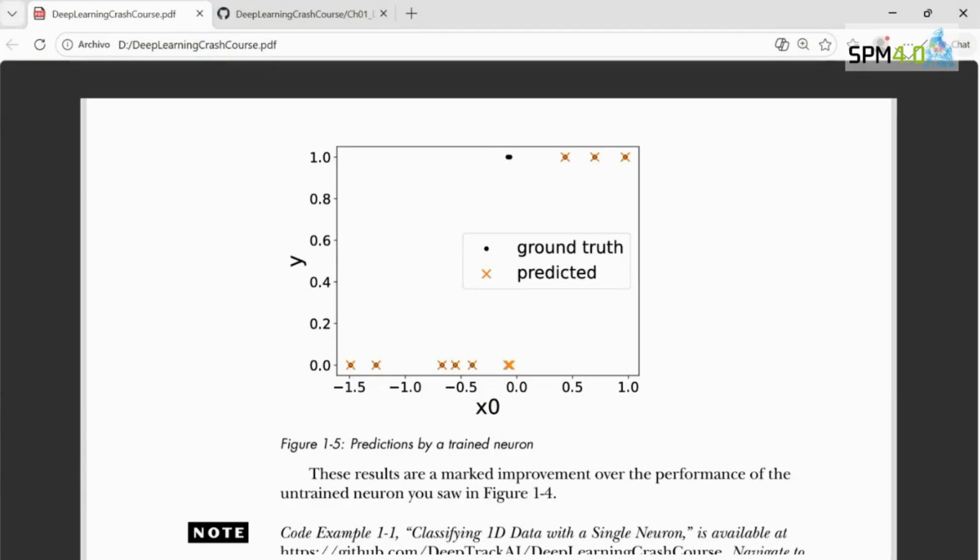So let's look at the data, the black points. You see that you get a value of 1 in y when x is slightly negative. Yes, it's along that line, but the issue here is that the network will never learn this kind of behavior because we are not giving the neuron enough freedom to learn this. If you remember the function that we wrote,